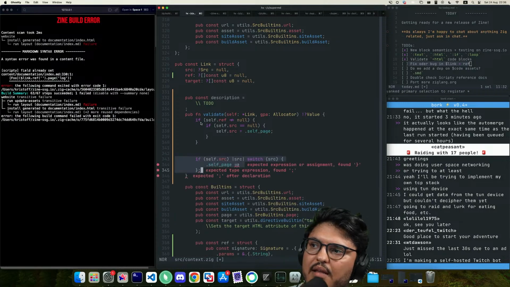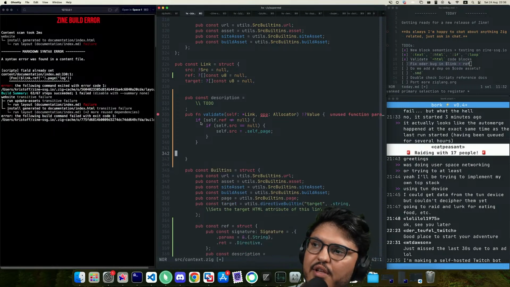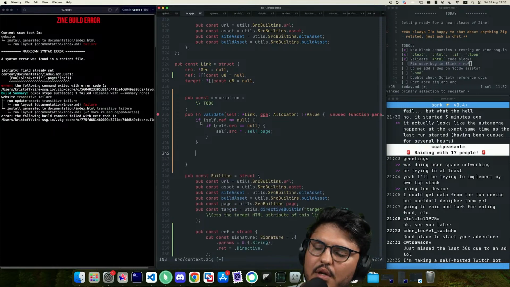Perfect. And then down here we say, okay, let's look at source. And actually, you know, it's enough that it's missing. So if source